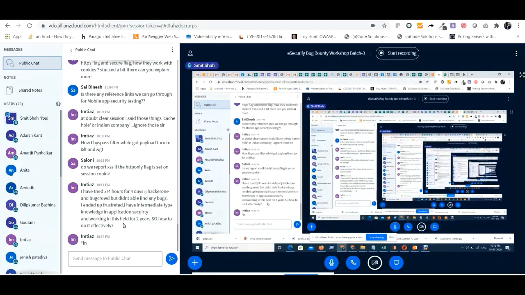It's too few MTRs for now, because there is huge competition on HackerOne and Bugcrowd, and you have to be dedicated and passionate until you find a problem which gets accepted. Of course, you will get a lot of frustration. You have to go through it. There is no shortcut to bug bounty. In this way, but I will give you some more ways tomorrow in the bug bounty blueprint.